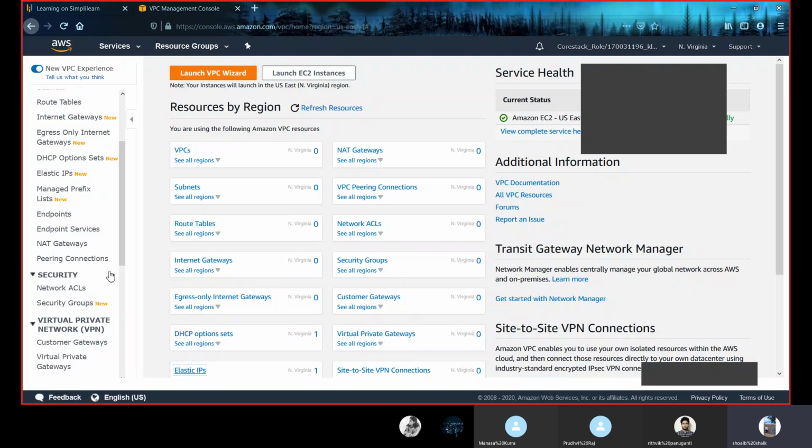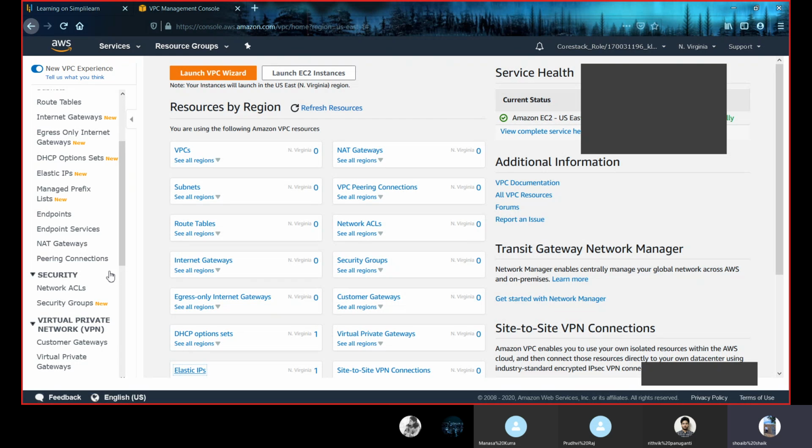Now, security groups. We already discussed these security groups in EC2, Elastic Compute Cloud. There is not much difference between security groups in EC2 and virtual private cloud. We can either create them in EC2 or in a VPC dashboard. Now, what are these security groups? These security groups act as a virtual firewall for our VPC or our instance. They provide us with security.